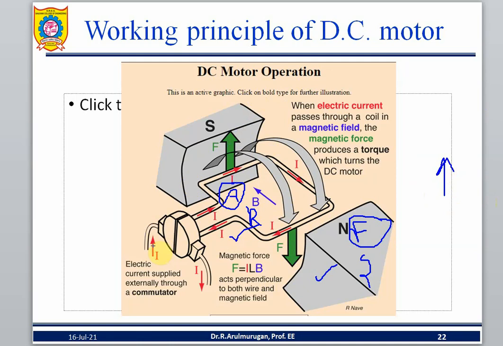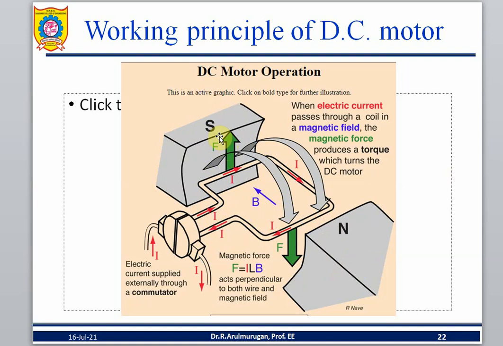See here, I am going to give the power supply. This is a brush. Through the ring, the current flows to the armature coil or rotor coil. Here is the stator coil. When I give the power supply to the stator coil, stator flux is created. Both fluxes are there: one is the stator flux, the other the rotor flux. These two fluxes interact, then torque is produced.